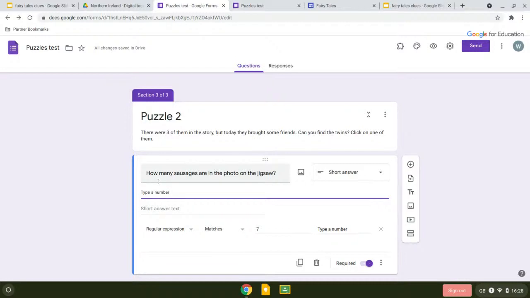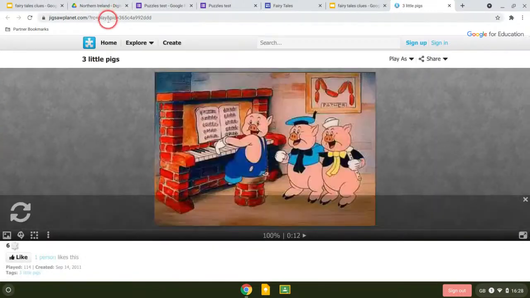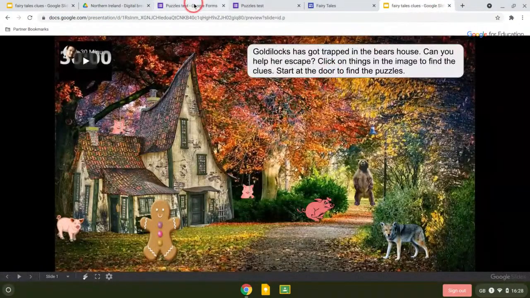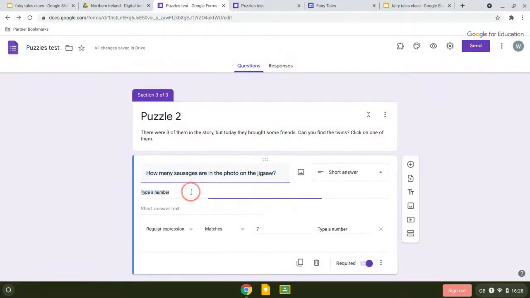So if I was doing it that way, if I just bring back that little puzzle, I could actually copy the address off of this puzzle, and in the description I could actually put type a number, or I could put do the puzzle to find the answer. And I can actually do it this way. Okay, so if I go and have a look at what that looks like in the preview,